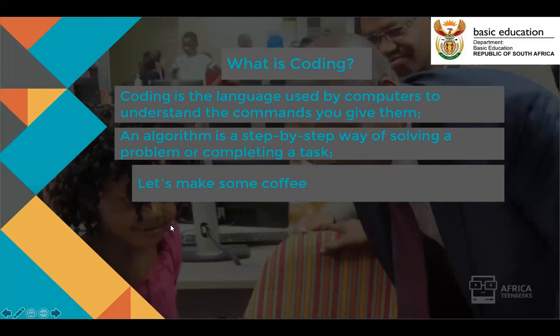So to perhaps talk about an algorithm, what I'm going to ask is for us to make coffee. Let's say you were sitting in your TV room at home. You were watching TV and your mother says, Lumbala, please go and make coffee for me. Give me the steps that you would take to move from the TV room all the way to the kitchen. Anyone can do that for me. If you feel confident, you can just tell me, what would you do to make that coffee? What are the steps that you would take to make that coffee?